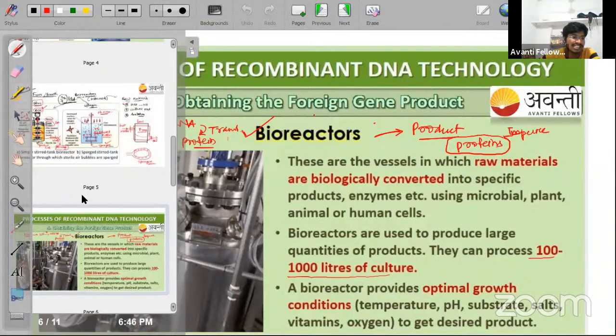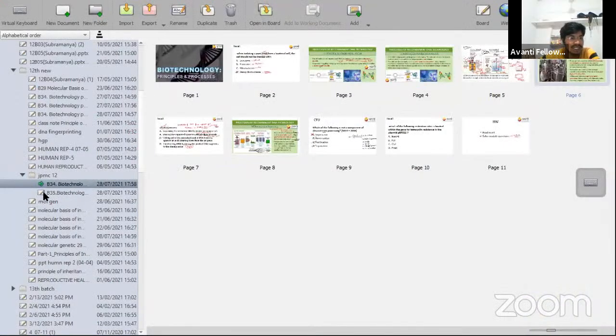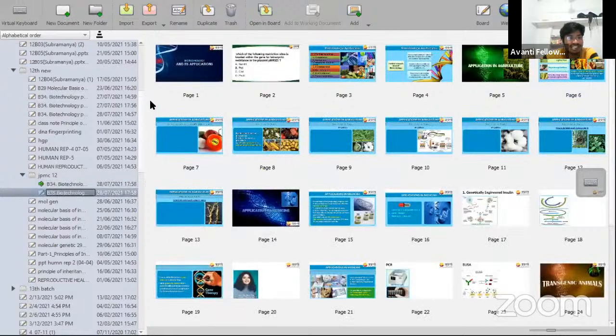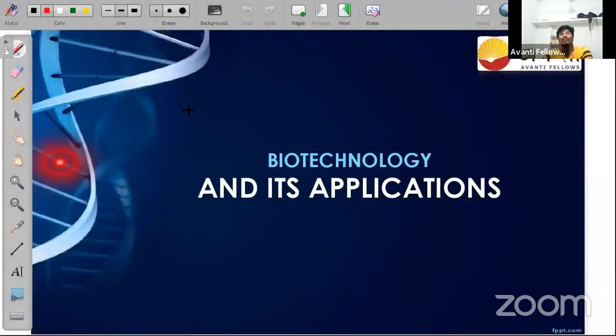topic. The next topic, your second-last chapter, is the applications of biotechnology. We'll directly move to biotechnology and its application. Applications of biotechnology are of many types. We can use biotechnology in various fields. In a present example, biotechnology is